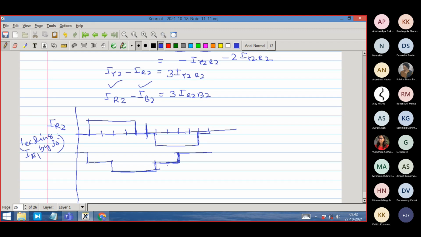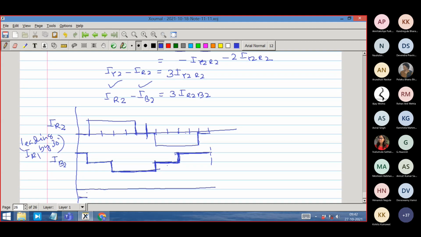Okay. So when I have taken that, this is IR2 and this is IB2. That I know because it will be the same waveform but shifted by 240 degree, right? That is what I have done, right? So with respect to that, I have to do now IR2 minus IB2. So what will be the IR2 minus IB2? So that shape I will draw now. So IR2 minus IB2 is this.